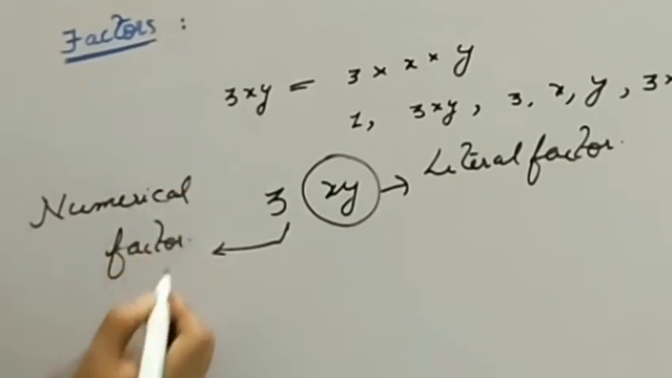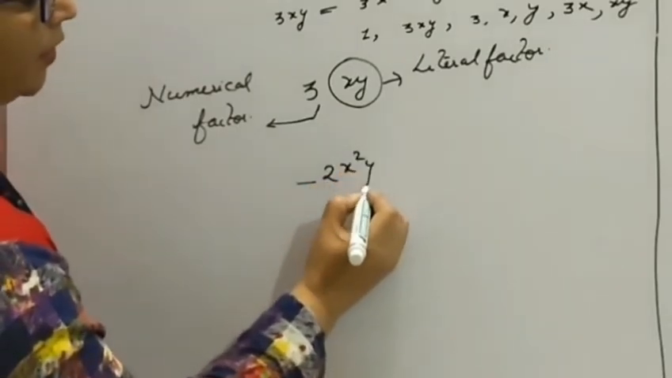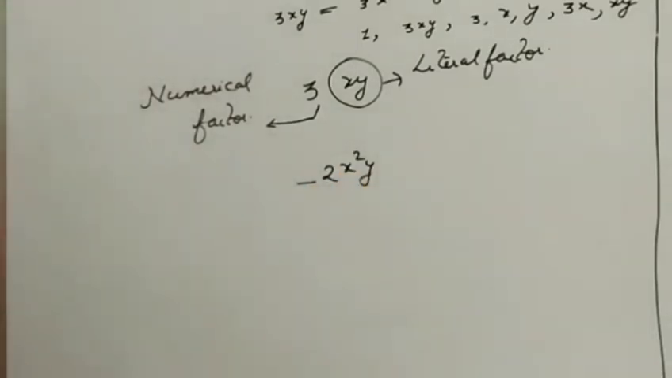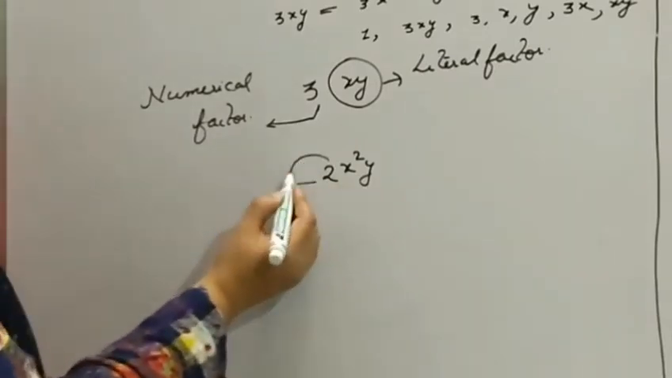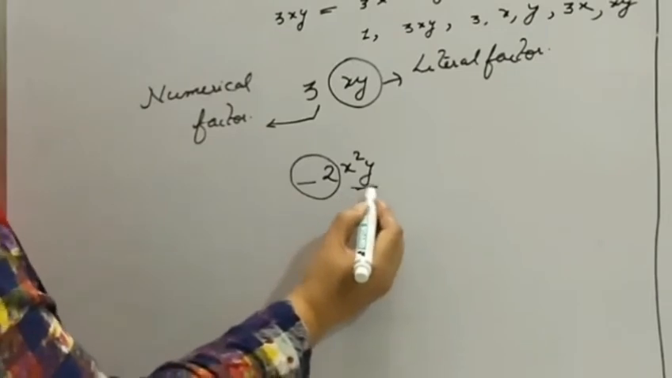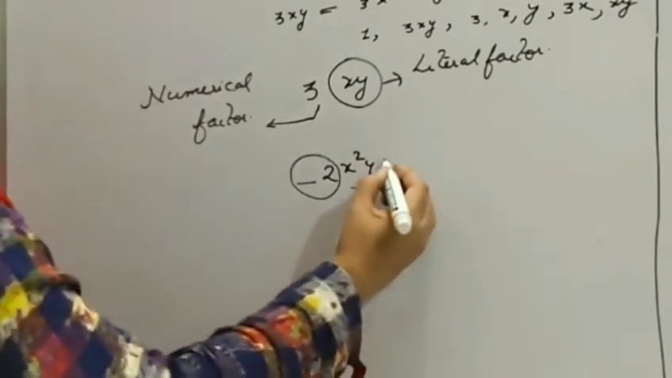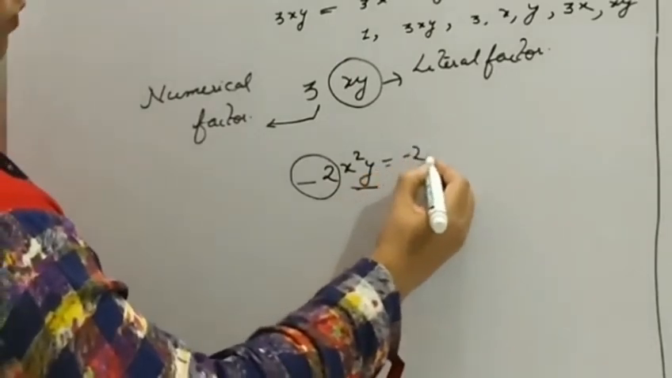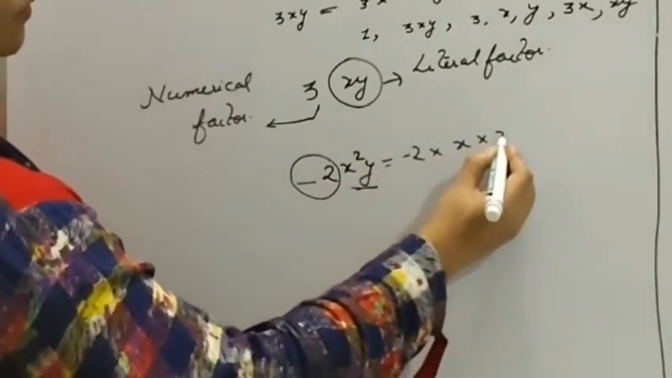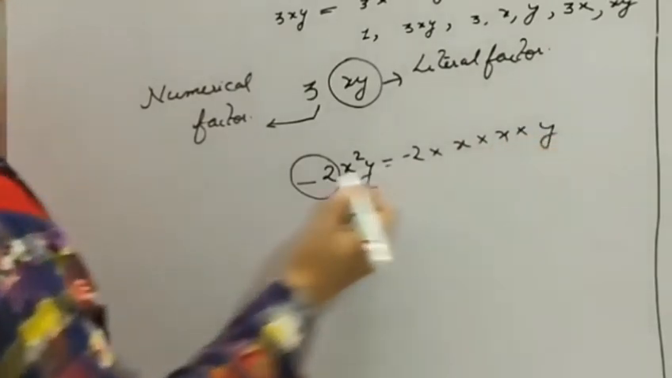So let me ask you, the term is minus 2x square y. First, divide them as numerical factor and literal factor. Minus 2 is the numerical factor as it is a fixed value, and x square y is the literal factor. And if I ask you to separate all the factors, what are the factors of this term? Minus 2 into x, times the repeat x, into y. These are the factors of the